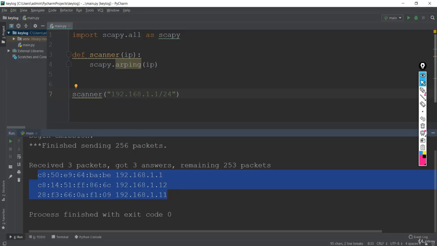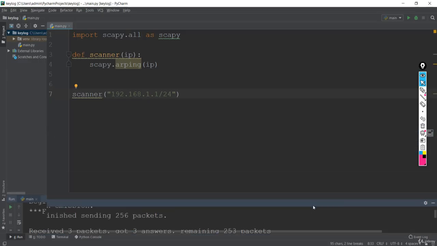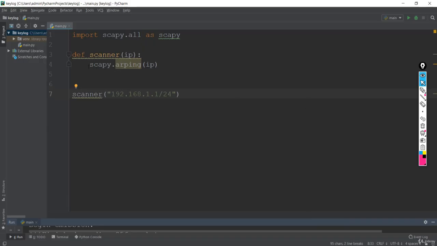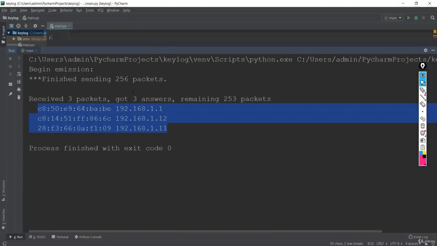Now in the next lecture we'll make our own scanner with the help of the algorithm that we just learned here. Instead of just using arping, we can see how broadcast works, how to make the ARP request, and how to combine the broadcast and the ARP request and send it to the network, so that they give us the responses back, so that we can modify it and make our complete NetDiscover again, but in a more robust way. So see you in the next one.